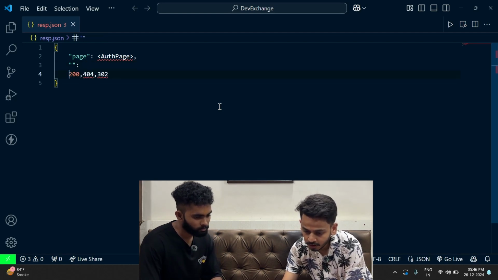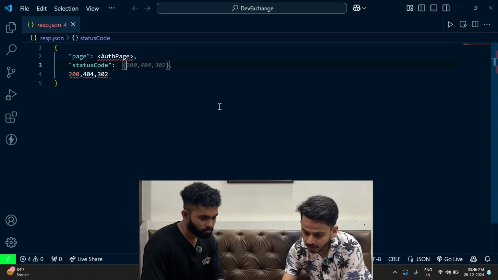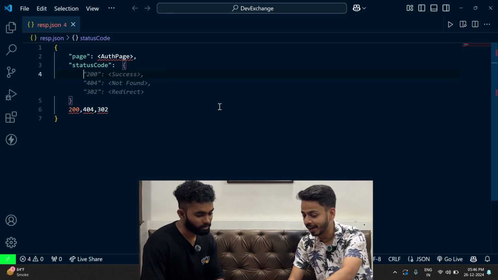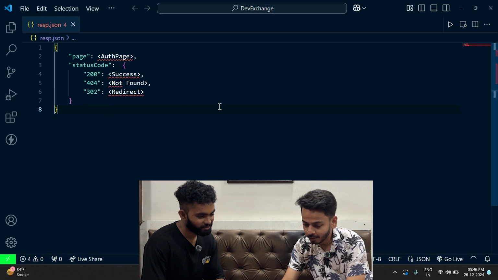What he did here was make a key of status code. And what I was trying to explain is what Copilot has given me. What he did was